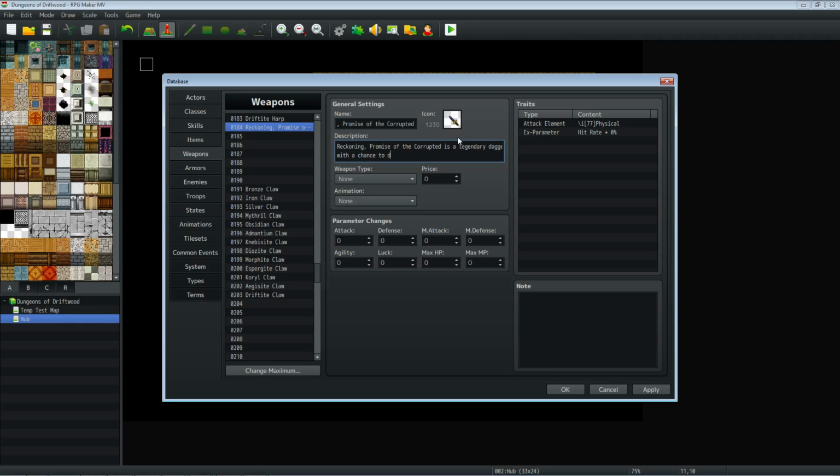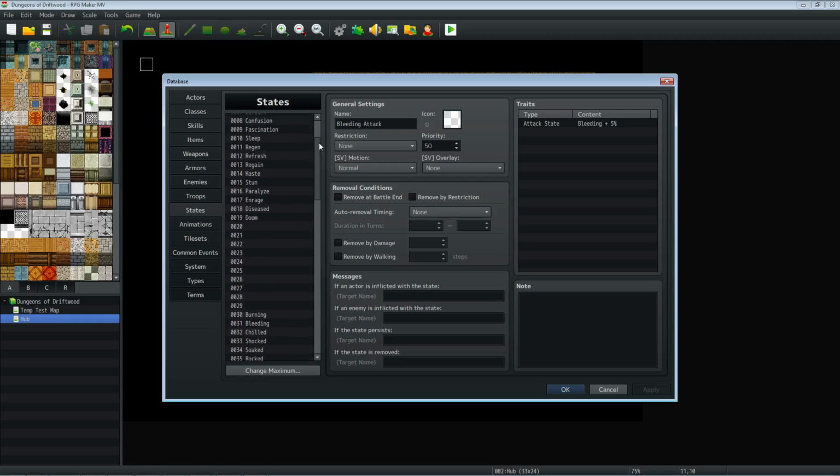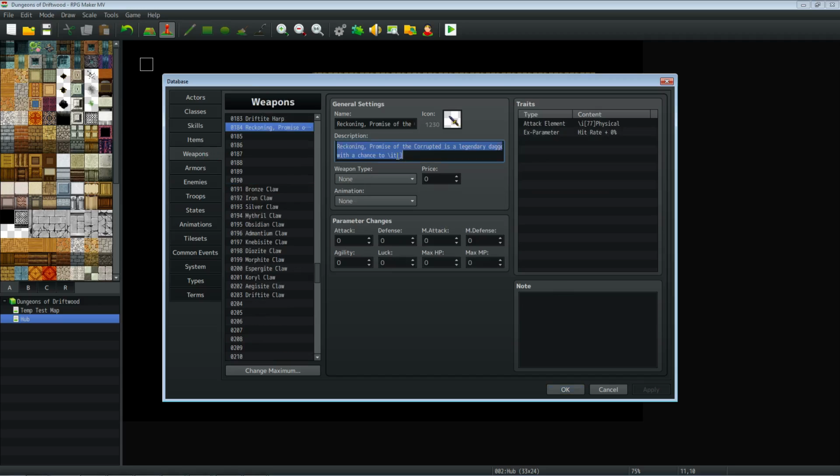Doom. Wait. Instead of typing Doom, I can go /IT and then in brackets. What I wanted to do is have a chance to inflict Doom, but I also want the player to know that, so I'm putting that in the description. But instead of typing Doom, I'm going to the states, and I'm going to find where Doom is at, and it's at 19. So in this weapon, we're going to put